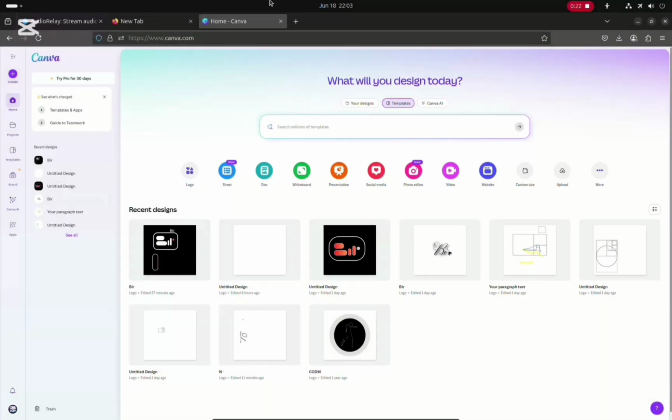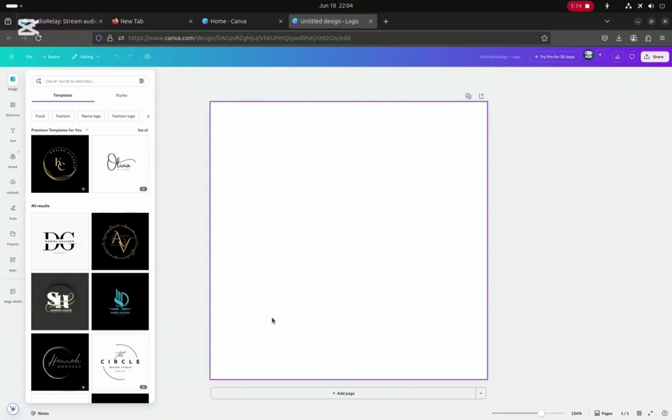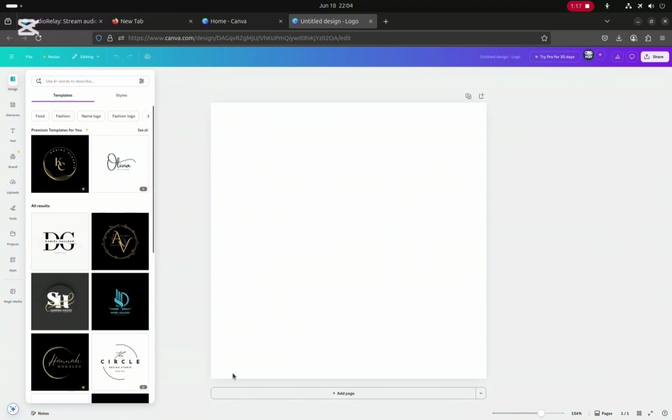Go to your Play Store or web and open Canva, sign up, do the whole thing, and then create an account. You can see I have my account created already. What you want to do when you're in the loadouts, you see logo, click on logo. Let's give it some time to load. So when you're on your loadout screen, go over to tool,